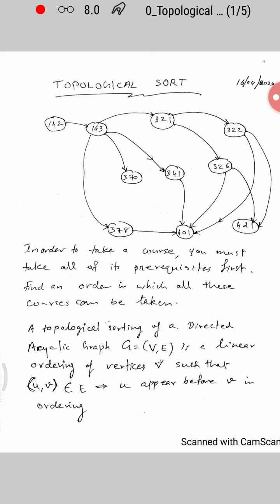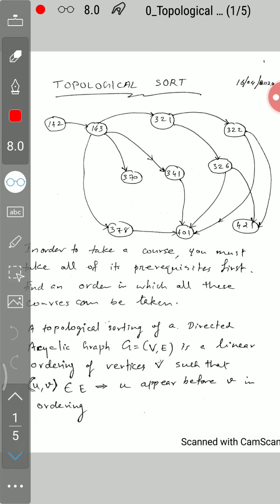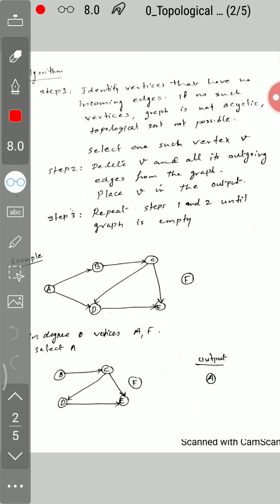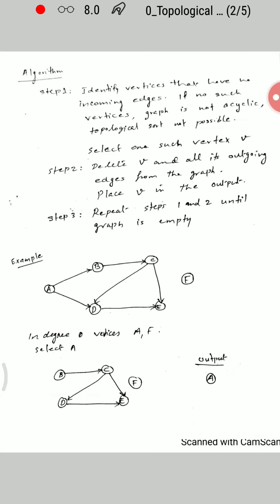Next, let us see the algorithm of this sorting. You will select the vertices with in degree equal to 0 first, that is, the vertices with no incoming edges. If there are no such vertices, the graph is not acyclic and the topological sort is not possible.